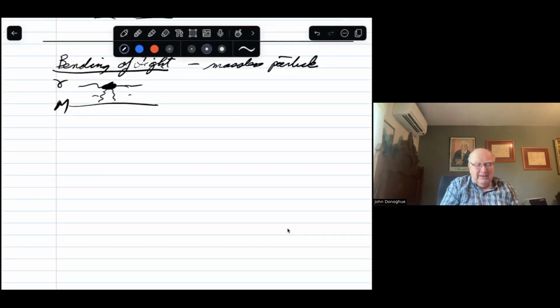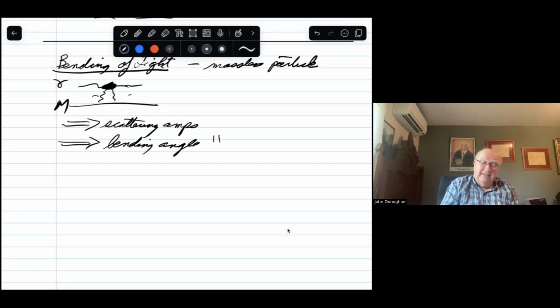So this gives you scattering amplitudes. This can be converted into a bending angle by using what's called the eikonal techniques,